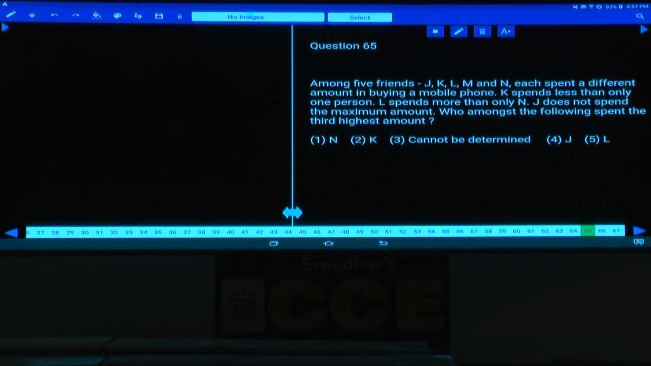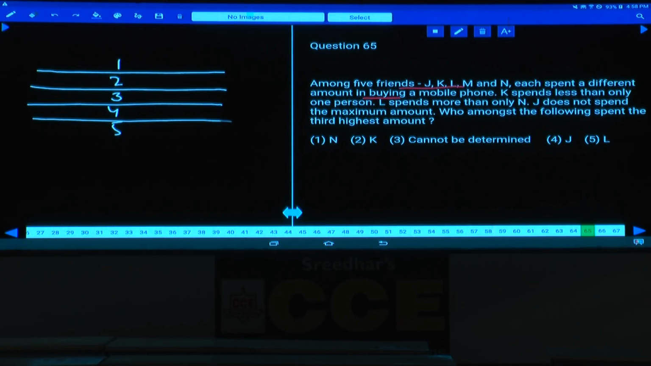Then question number 65. Among 5 friends, J, K, L, M and N each spent a different amount in buying a mobile phone. K spends less than only 1 person. How many persons are there? There are 5 persons: 1, 2, 3, 4, 5. And among these 5 persons,